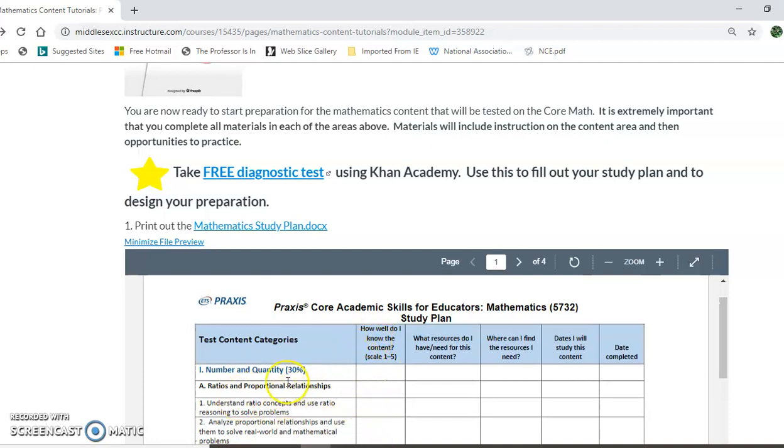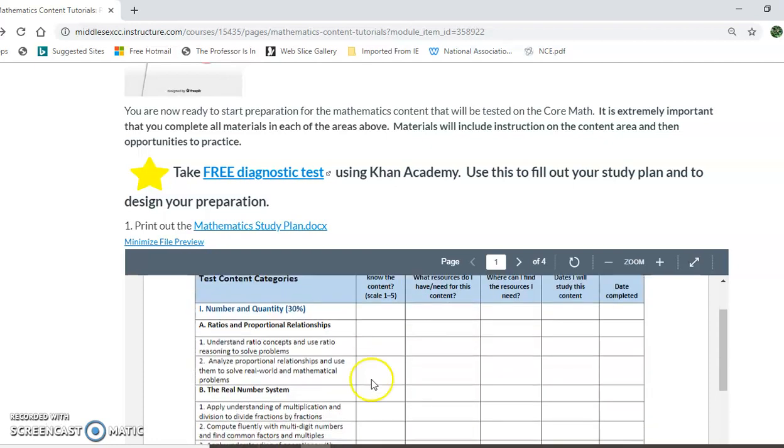So let's say ratios and proportional relationships on the diagnostic test, maybe it was like a 2 out of 5. So this is an area that you really need to come back to. But as you study these different areas, you want to come back and keep evaluating yourself. Did that 2 become a 3? Did that 2 become a 5? Are you doing really well on the practice questions? Again, the questions will be geared to these different